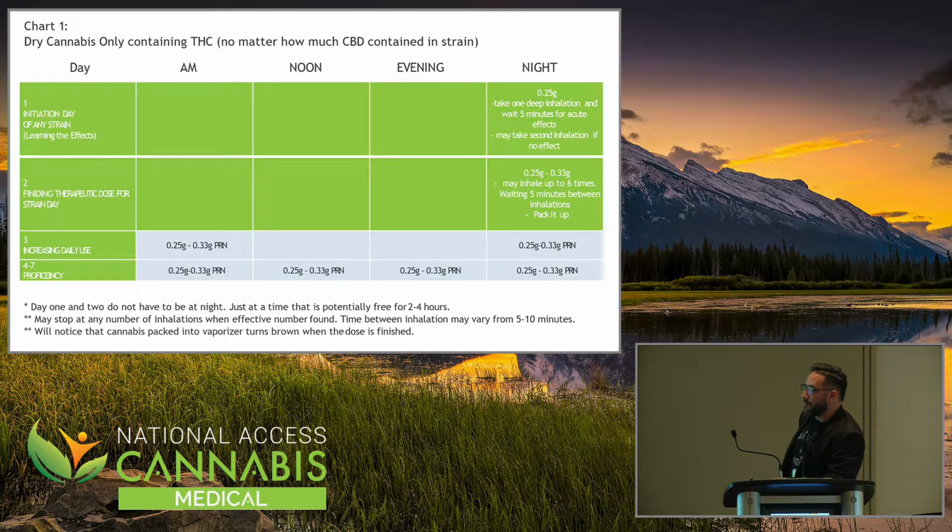Increasing your daily dose. So day 3. This could be at any time of the day they have nothing to do. Usually it works at nighttime. If they're trying to sleep or help with their pain at night, it's always good. I start at night. Now, we want to start increasing their vaporization dose or usage. So day 3, that's where they can start using it in the morning and then again at night. Anywhere between day 4 and 7, that's where they can start increasing it to morning, noon, evening, night.